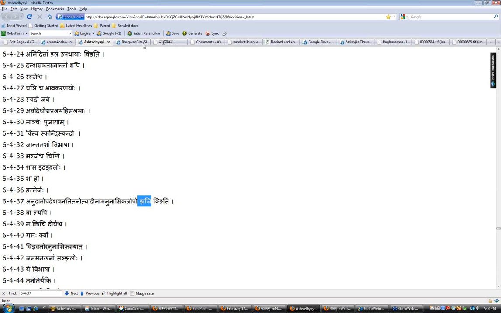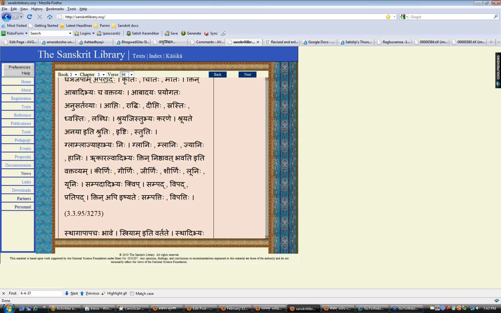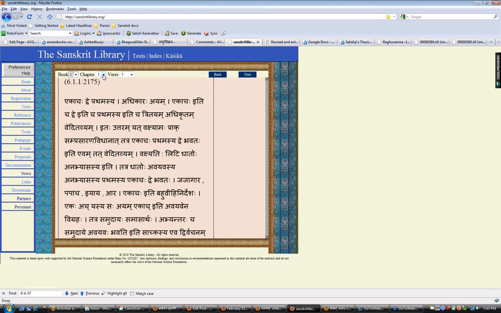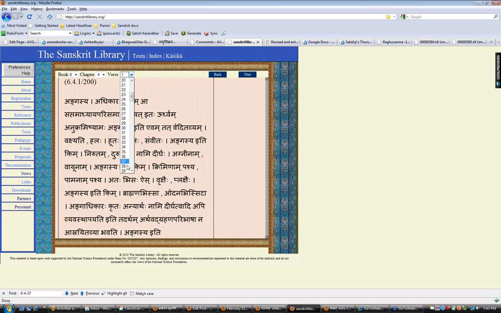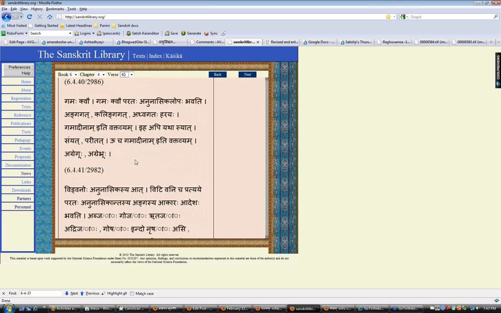This one is a Vartikam on 6440. Just see what that says, 6440. It's a simple word like Kshatra. It takes so many steps to get it right, but it does help you learn Ashtadhyayi in different ways. And what this is saying is that